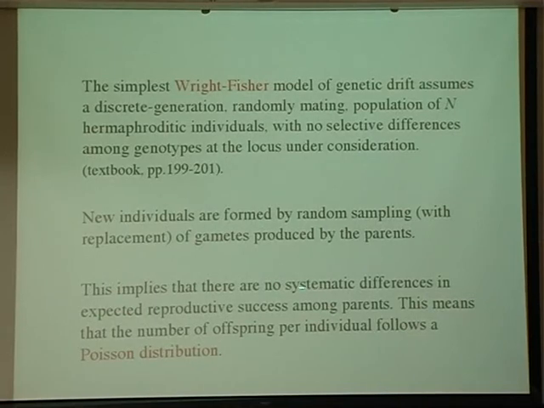What this means in practice from the Wright-Fisher model is that there are no systematic differences in reproductive success among individuals. There are purely random contributions to the next generation. Actually, for a large population, do the math, the number of offspring per individual has to follow a